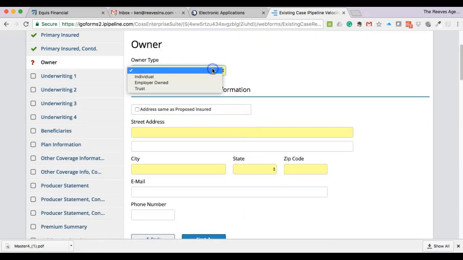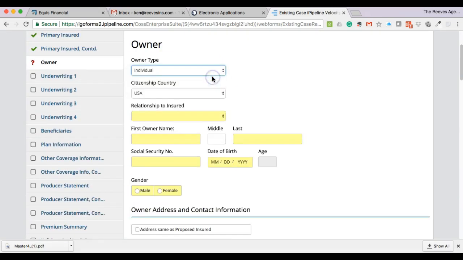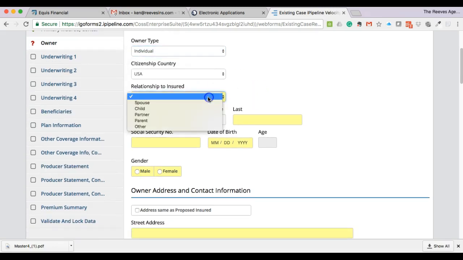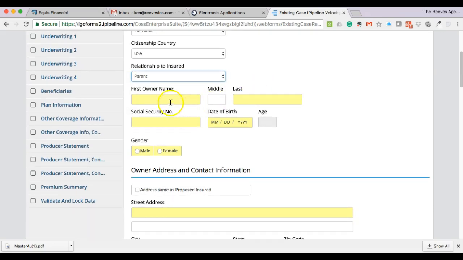Owner type is going to be individual. And let me open this. So it's not employer owned or it's not from a trust. Relationship to insured, we're going to say parent. Owner's name is Billy Doe. Social Security. Date of birth is